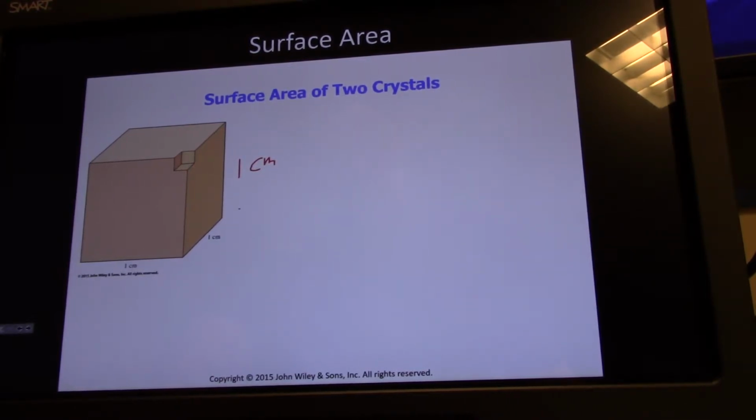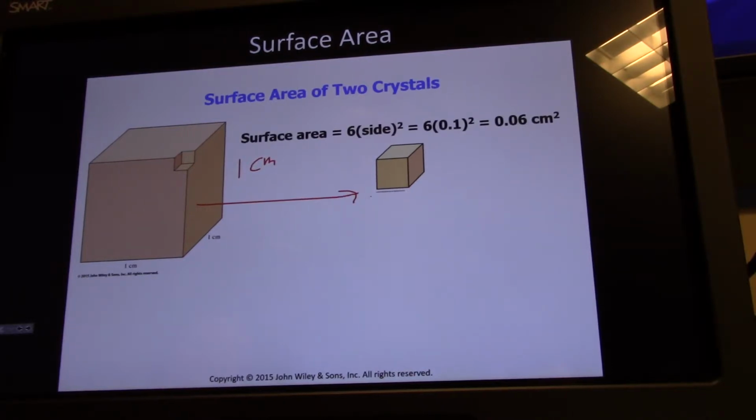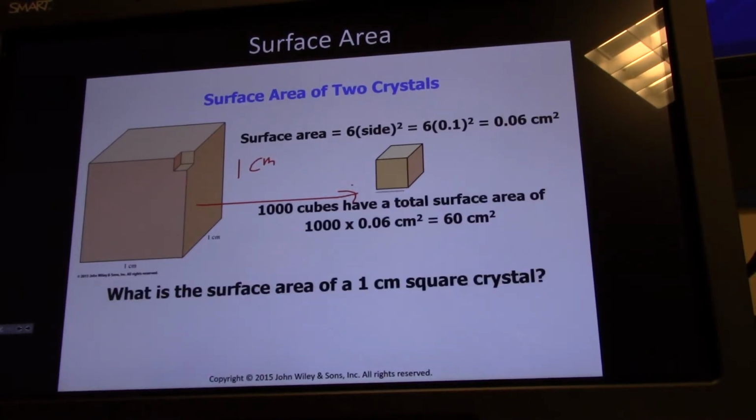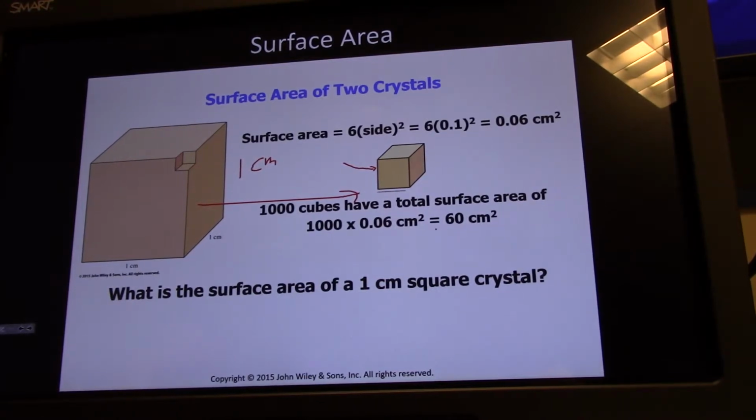Now, let's say I break up my sugar cube into 1,000 baby cubes that are 0.1 centimeters. So it's 10 cubes high, 10 cubes wide, 10 cubes deep. I have 10 times 10 times 10. I have 1,000 mini cubes. The overall amount of sugar is the same still. It's 1 cubic centimeter of sugar. However, now my surface area is 10 times more. So as I made smaller particles, because before these inside parts were not getting exposed to water, just the outside was. So when you break the particle up, now I have the same amount of sugar, but 10 times more